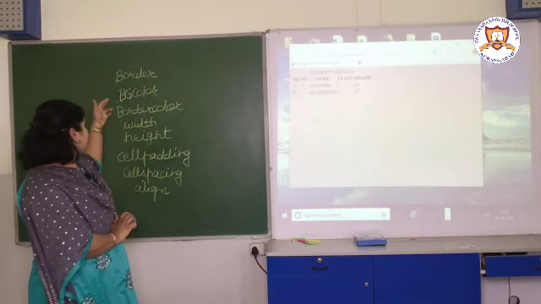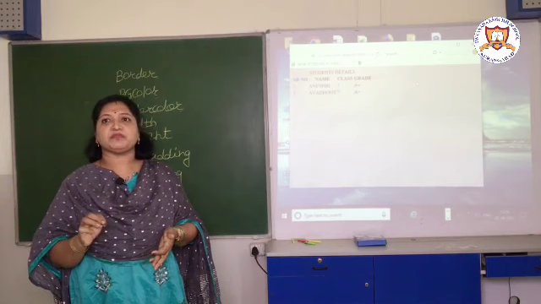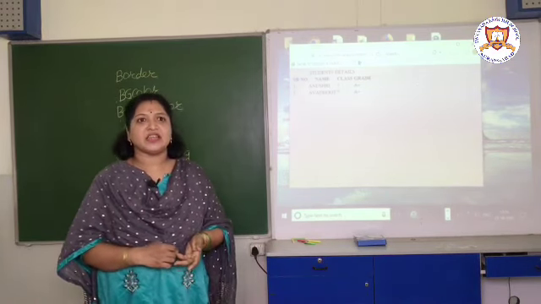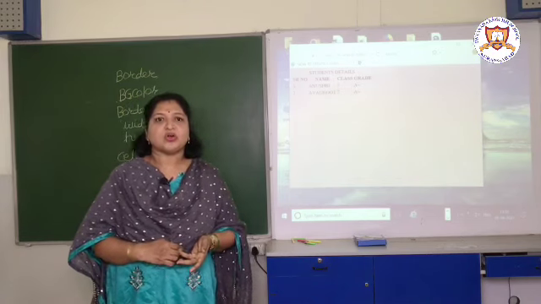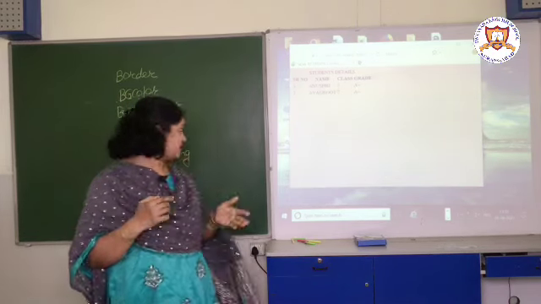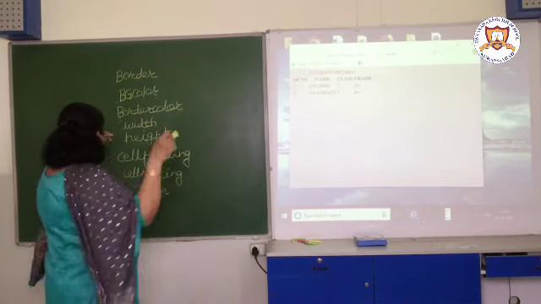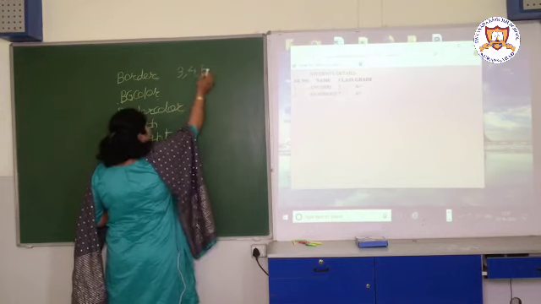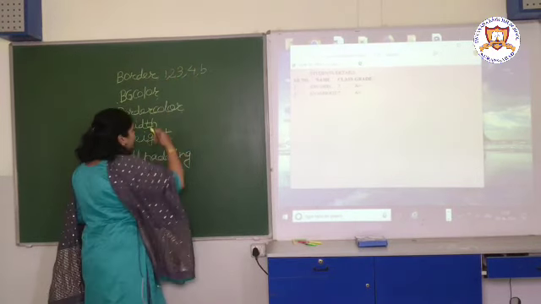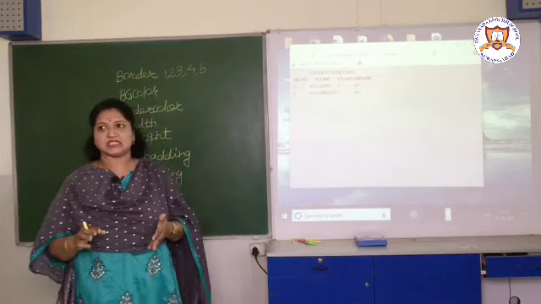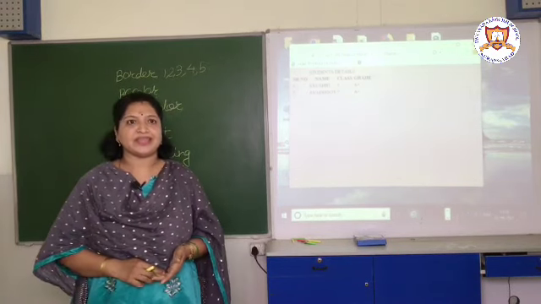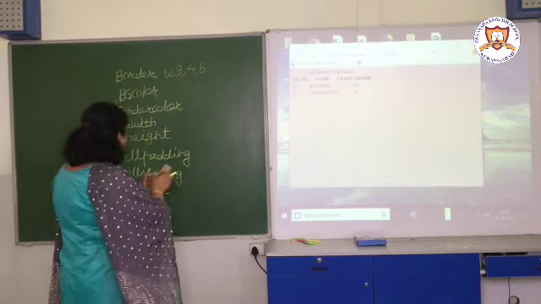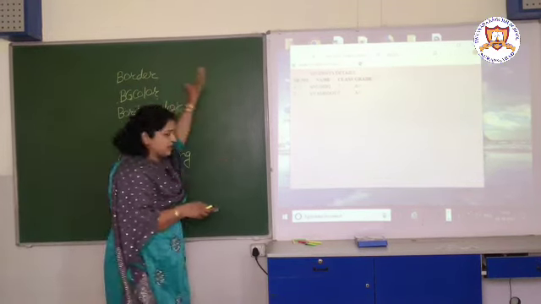In short, what is meant by border? Here we can specify the border, or the width of the border, in pixels in the table. You can give 3, 4, 5, whatever it may be, 1, 2, any you can specify in pixels. You have to write that in double quotes. So the thickness of the line is decided by the border.